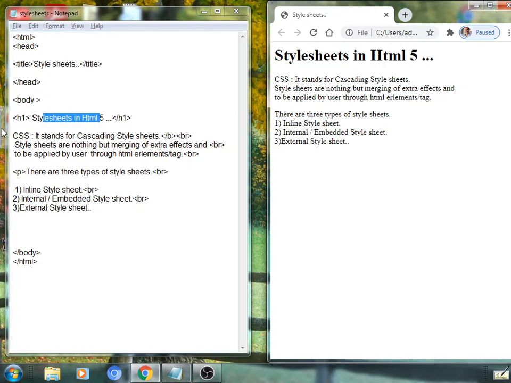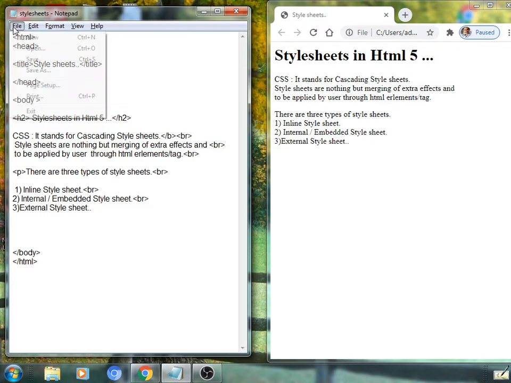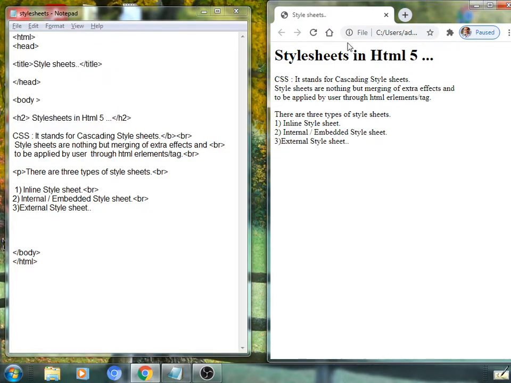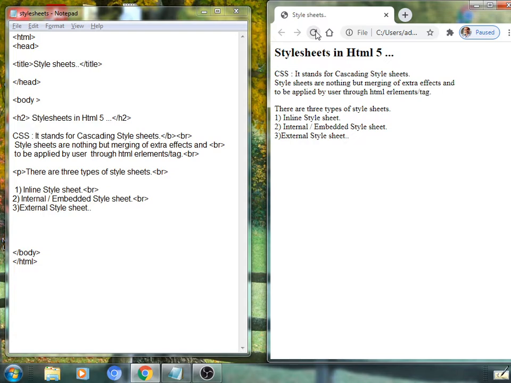It is possible to apply or design a style sheet with its effect within the same section of the HTML file, and that is called an inline style sheet.